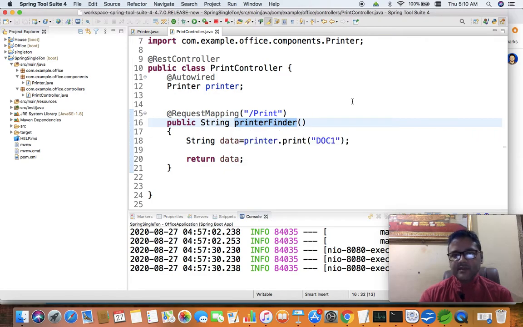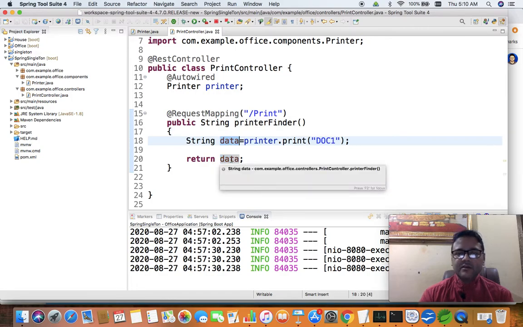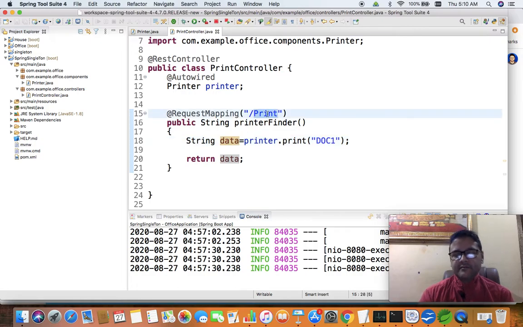That's as simple as this. And inside this print finder method, we have called the print method which is present inside the printer class, and we stored it into a string, and that string is returned back to the caller, whoever is going to call this URI with the help of print. So let us go for executing it.